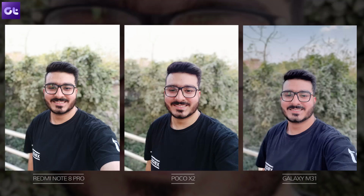However, turn the portrait mode on and it's Samsung's game all over again. For starters, it's the only phone that manages to retain the skies while both the other phones blow it away. Also, while the edge detection near my spectacles is laughable on all three, at least the M31 does justice to